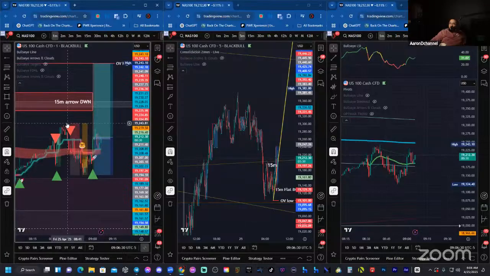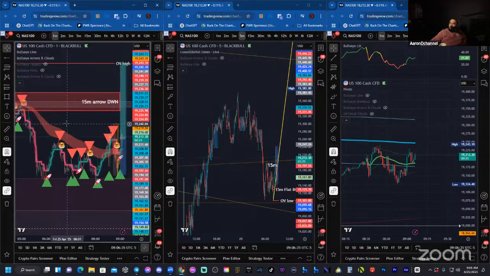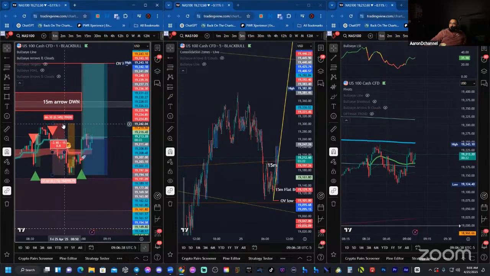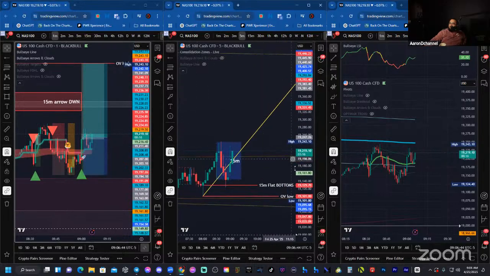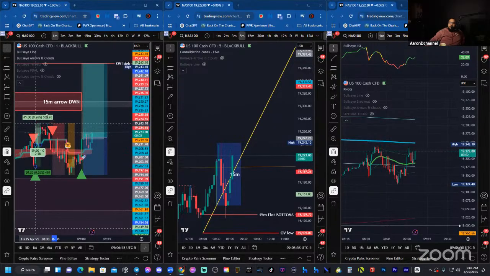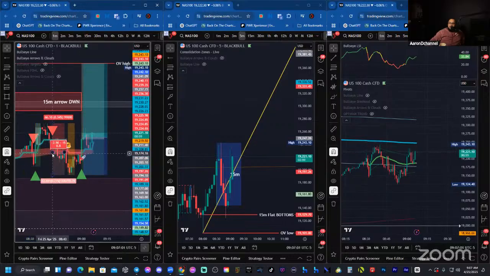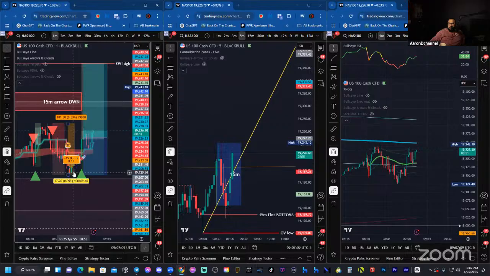I would think that the 840 high would be a place to protect, the top of the 15-minute range. Or you could just let it run. Protect it here in a little bit. All right, so 2 sales, or if you took this first green arrow up, take profit here. You saw almost 50 points. Then the red arrow down, you saw 50 points, pancake down to the 15-minute flat bottom. This is kind of a scalp.